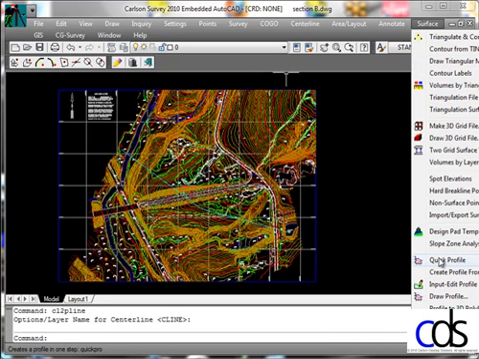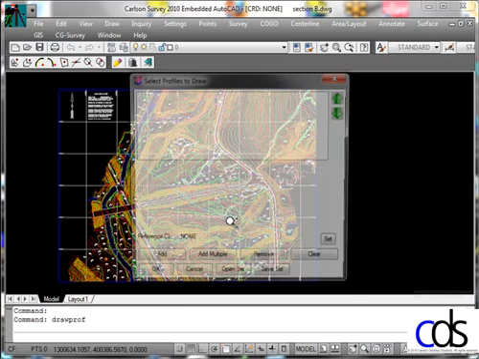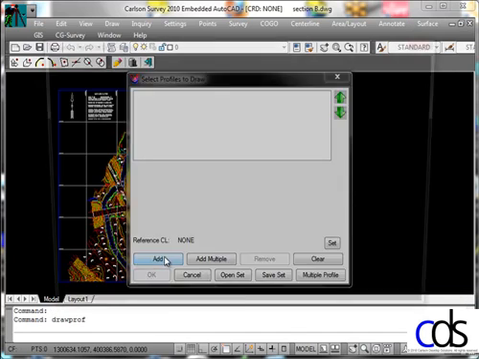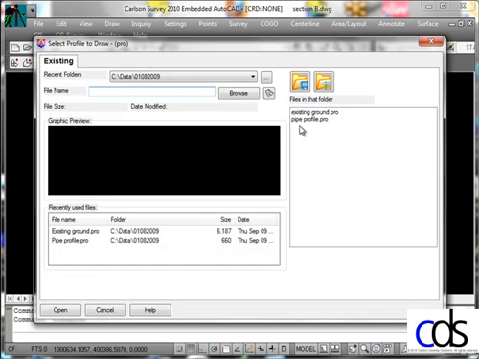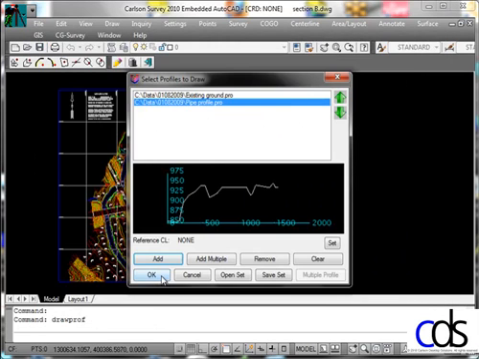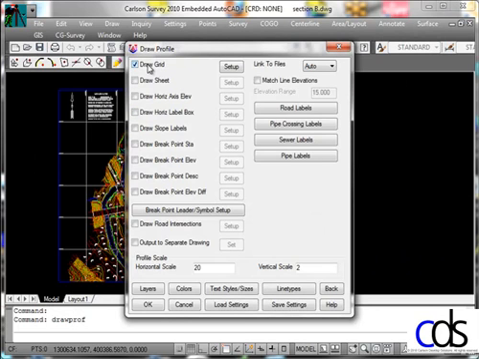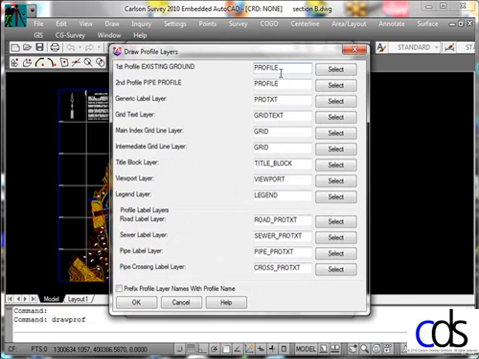profile. So from the surface menu, what we're going to do is draw a profile, and I'm going to add my profiles in, my existing ground, and then I'm going to add in my pipe. I'm going to start by drawing only the grid, and we'll put this at a scale of horizontal 40, vertical 4. I'm going to verify the layers,